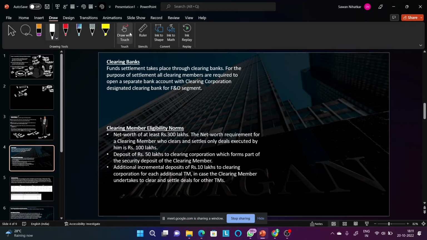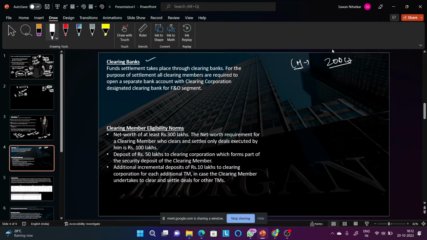Now moving forward, we have clearing banks. Okay, now clearing banks क्या exactly होते हैं? जैसे कि हमने देखा कि कुछ clearing members होते हैं particularly who do such type of a job. But there are also certain limitations to what a clearing member can exactly do. अब आप किसी clearing member के अकेले के पास जाओगे, and if you tell him कि मेरा 200 करोड़ का trade है, and you clear this particular transaction of 200 crores.